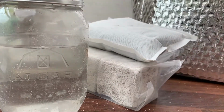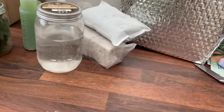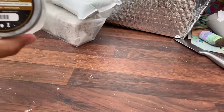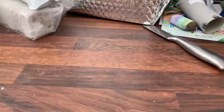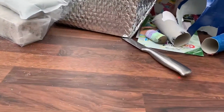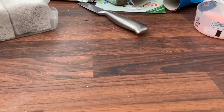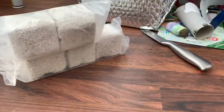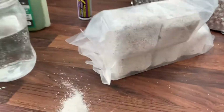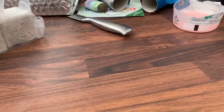So yeah, let's just go back over what we've got here. Clean Chaeto, pods, stuff to feed them with. Biomedia, again, I'm not even sure if I'm going to use them, to be honest. Some more of them, and some Turbo Start. So what we'll do is we'll go to the, oh, in fact, whilst we're here, let's